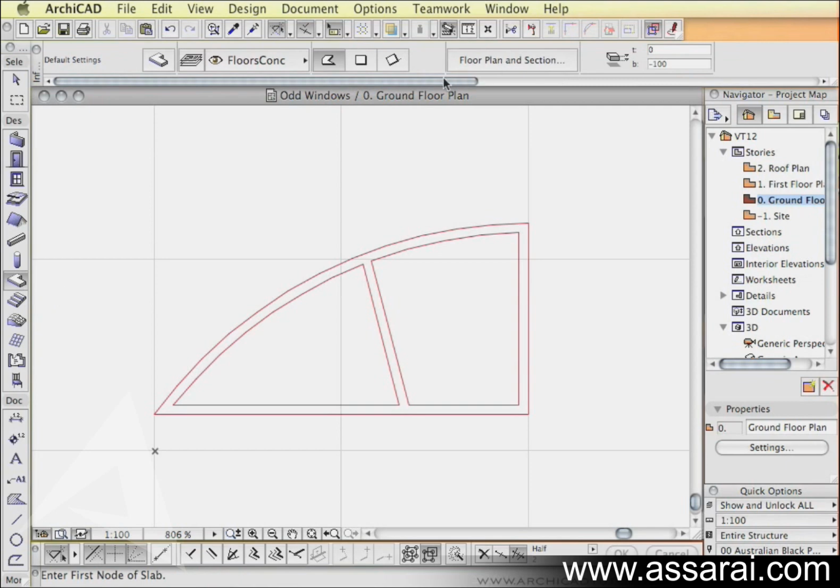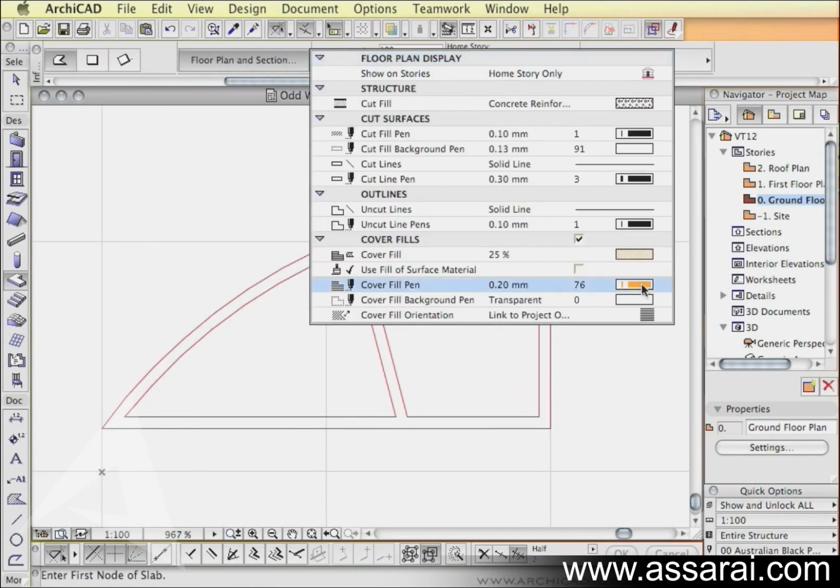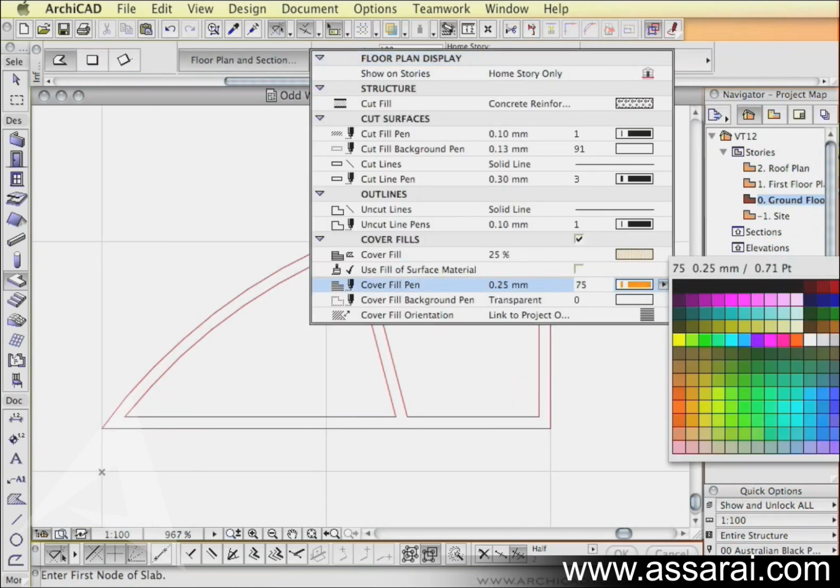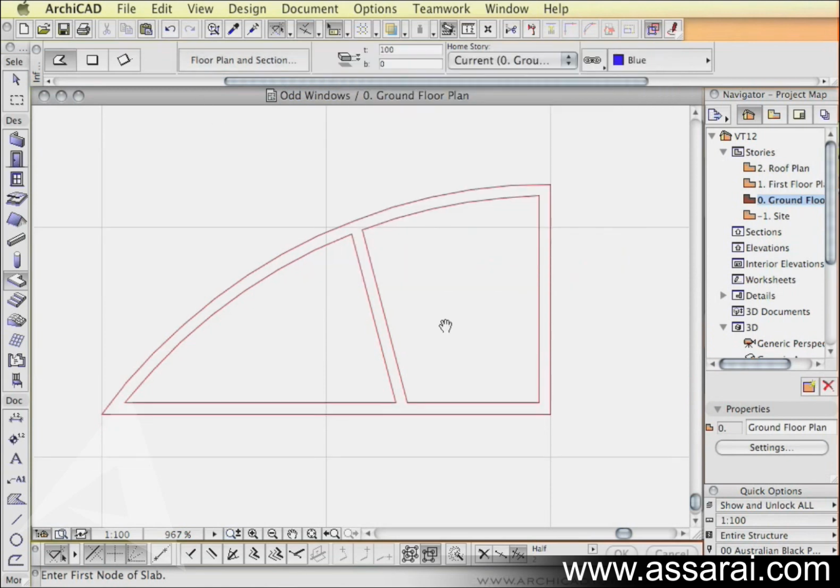So I'm just going to pick the slab tool, and I'm going to set the top of the slab to 100 and the bottom of the slab to 0. Now whatever's at the bottom of the slab that we're going to use, that's going to become the outside of the wall. I'm also going to use a cover fill for the slabs, just so we can see a bit